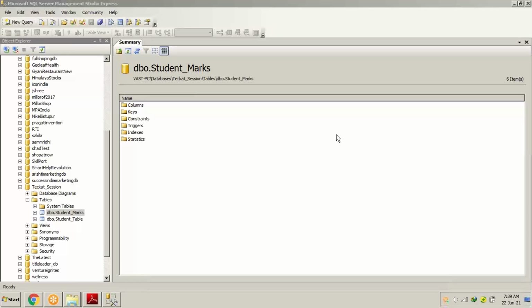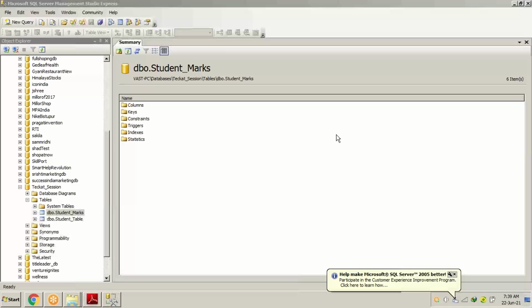So remember, in the last few sessions we created tables and added some data. A little data can be added manually in the database to check our tables and views.